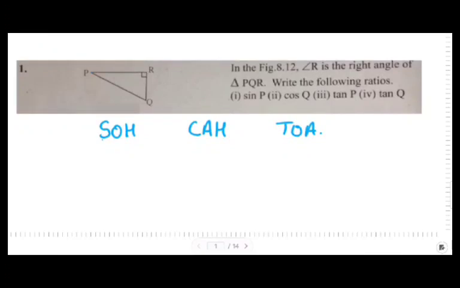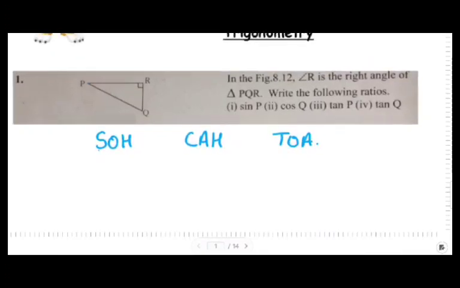within our sums. So our first sum says, in the figure 8.12, angle R is the right angle of triangle PQR. Write the following ratios of sine P. So sine P means here. Okay, this part, this corner. Alright, so sine P, for sine it is opposite upon hypotenuse. So what is the opposite side? QR